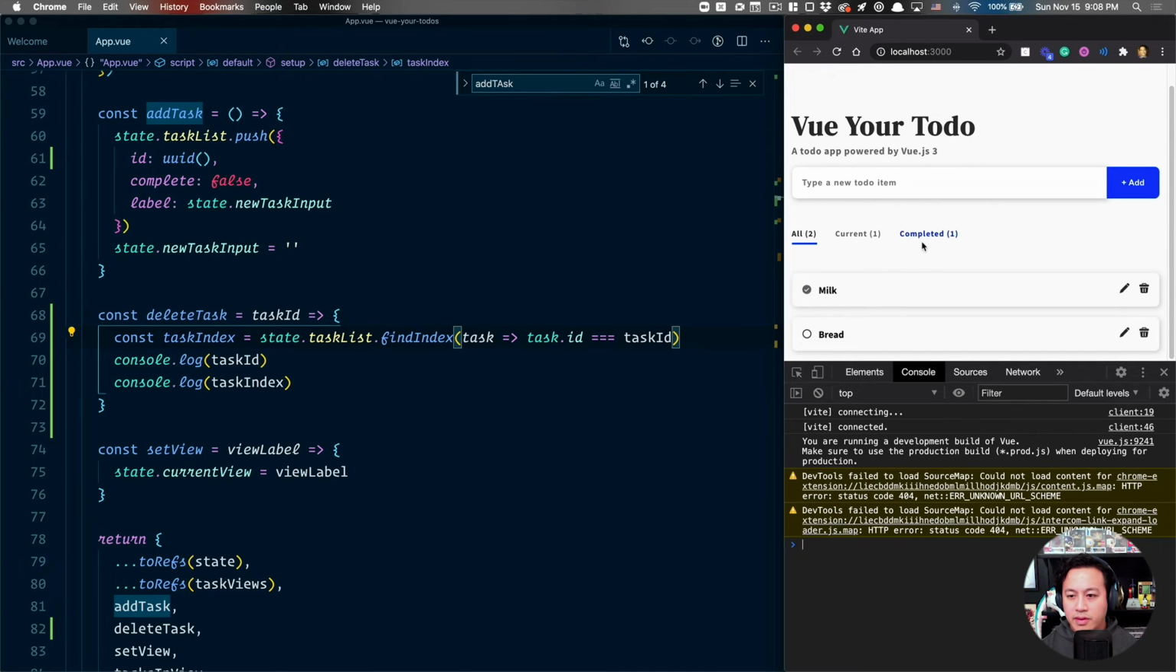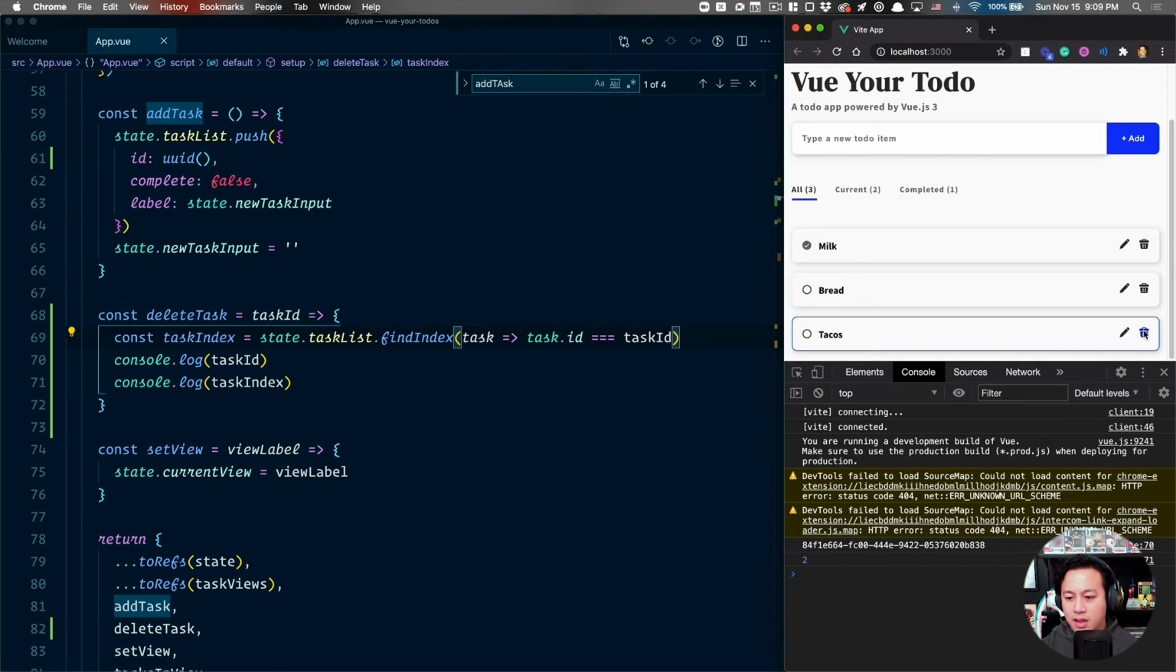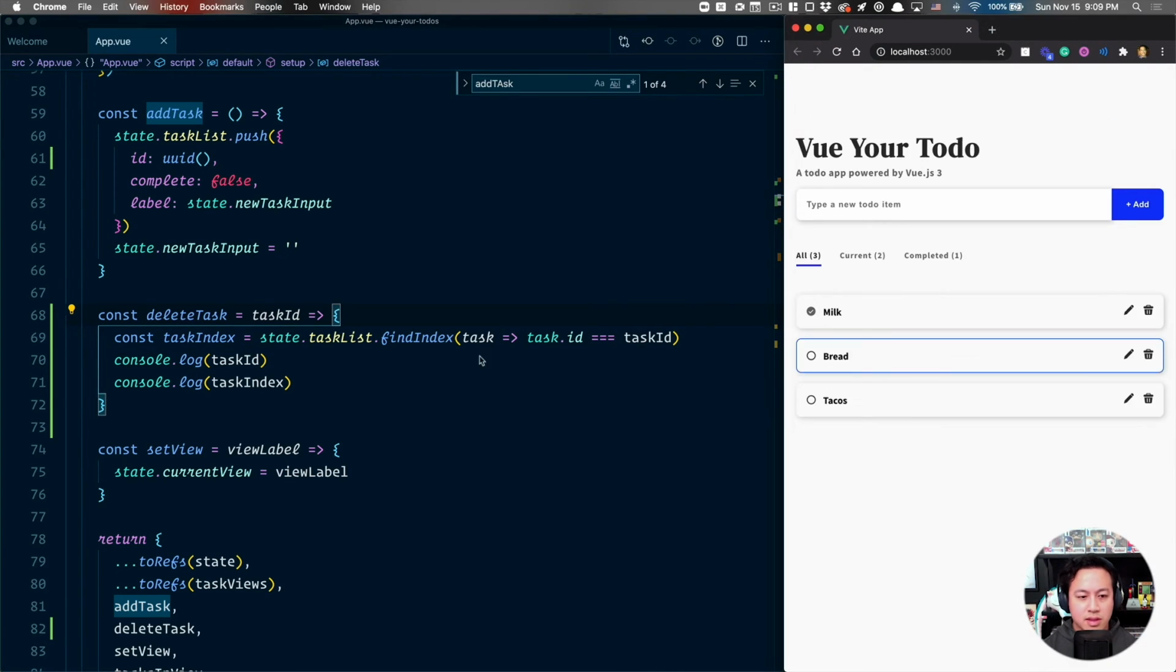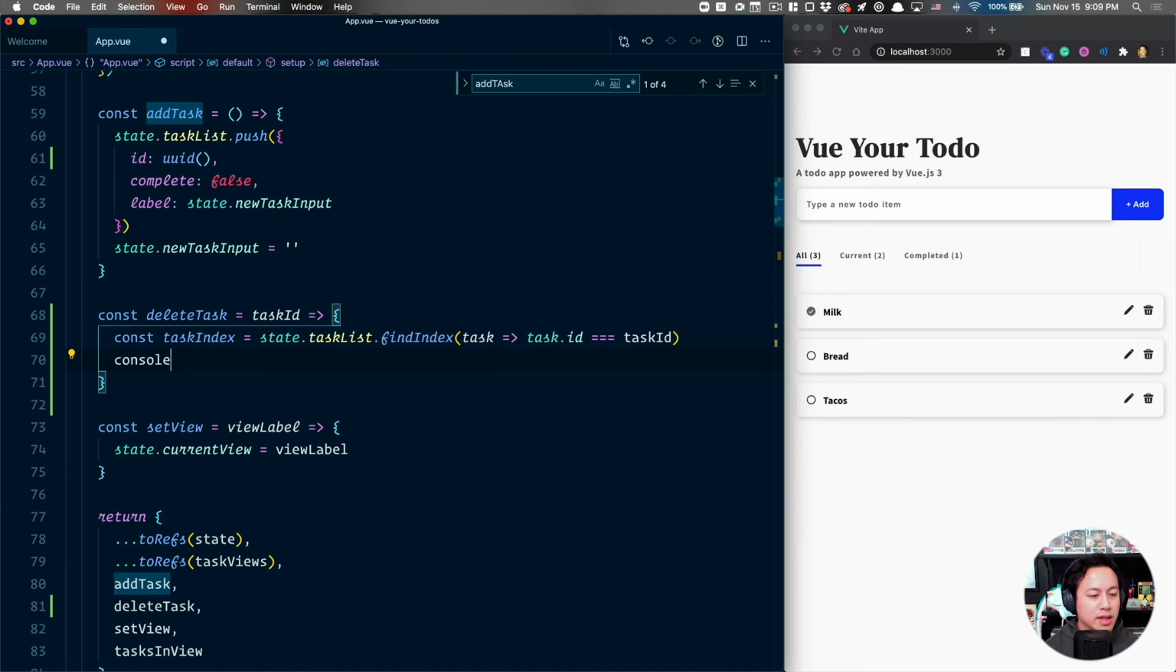All right, so we reloaded. Great. So tacos, and then great. This is the second item. That's what we wanted. So index of was the incorrect utility function I used. Whoops. Okay. So now that we know that, then we can basically say